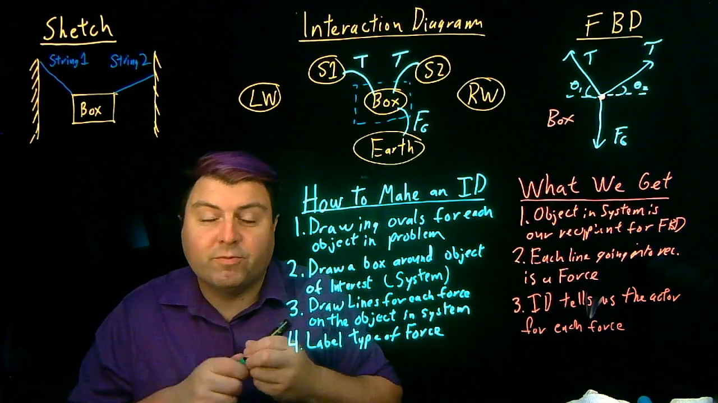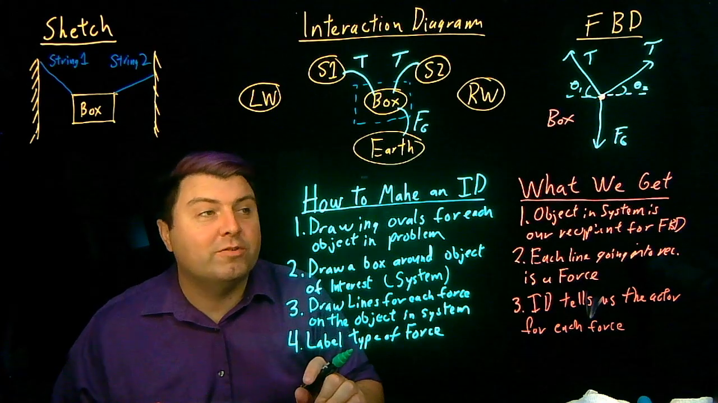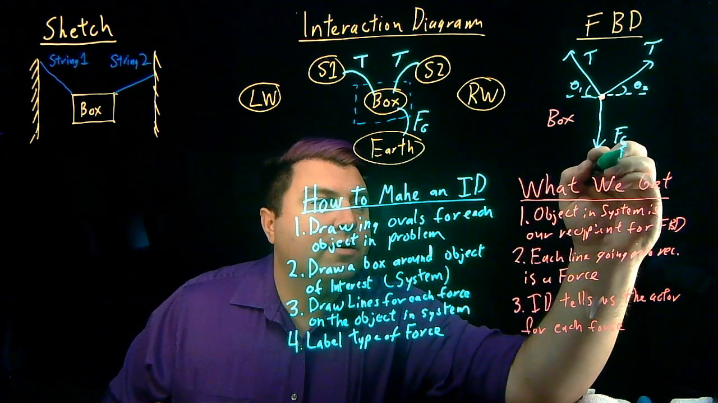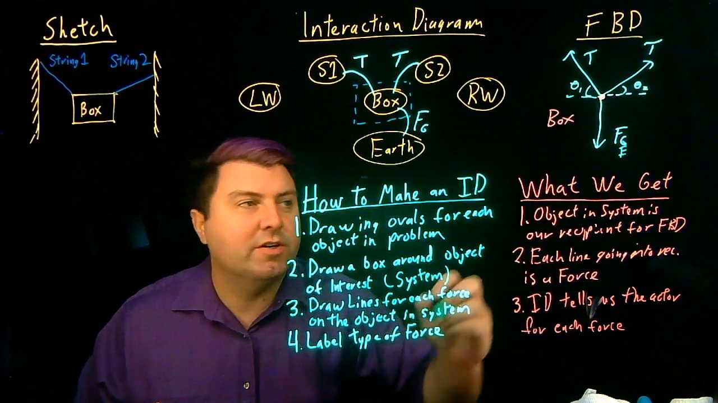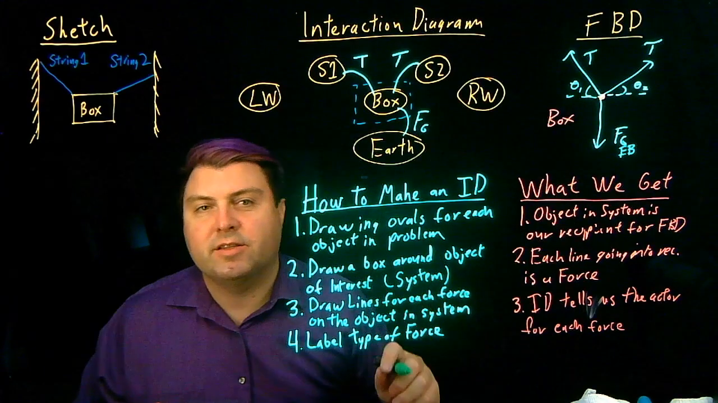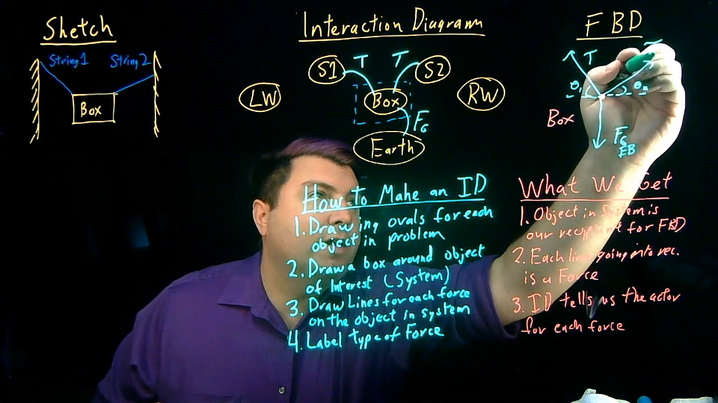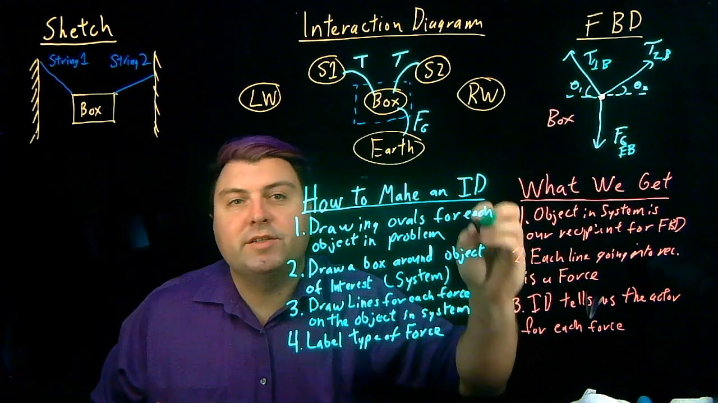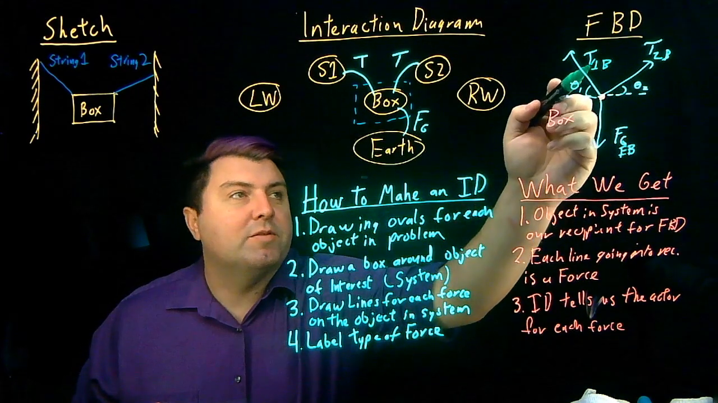So something that's really helpful that we do if we draw free body diagrams is we want to write what the actor is for each force. So this is Earth, and then even nicer is if we can also write the recipient, in this case, the box. So this would be then S2 on the box, and this would be S1 on the box. And that helps us understand the difference between this tension 1